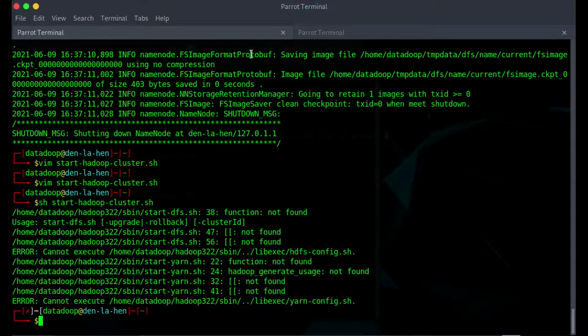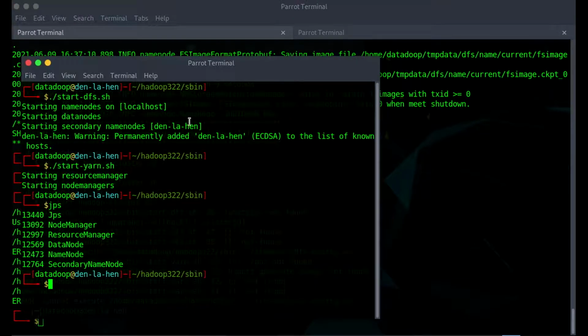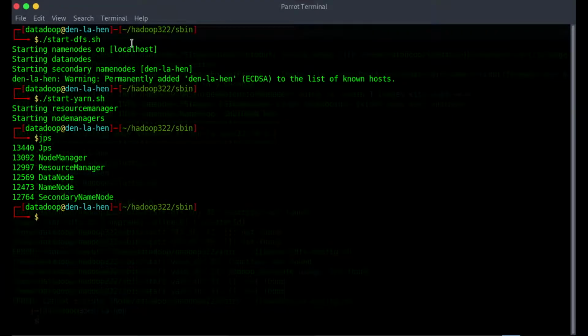After doing that, your entire configuration is done. So you'll have to simply navigate to the sbin folder of your Hadoop file that's been downloaded from the internet.